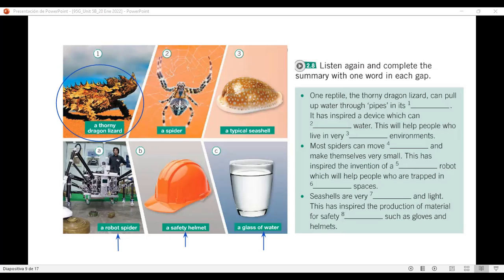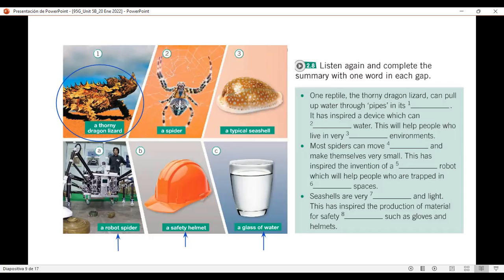If the lizard puts a foot somewhere wet, even just a tiny, tiny bit wet, its skin pulls the water up and over its whole body. When the water reaches the lizard's mouth, it drinks it. That's very clever. Yes. On the lizard's skin, well, in fact, in the skin, we discovered there's like a system of very, very small pipes. So the skin collects the water and these pipes pull it towards the lizard's mouth. That sounds really efficient. Well, right, yeah. So, you see, we want to copy that system and use it in a device that collects water. If we are successful, the device will provide water for people who live in very dry environments.